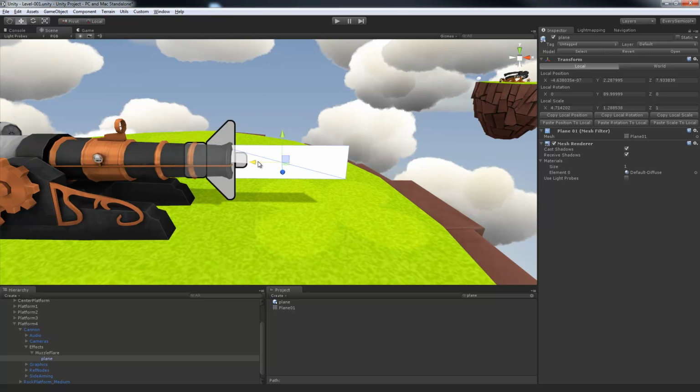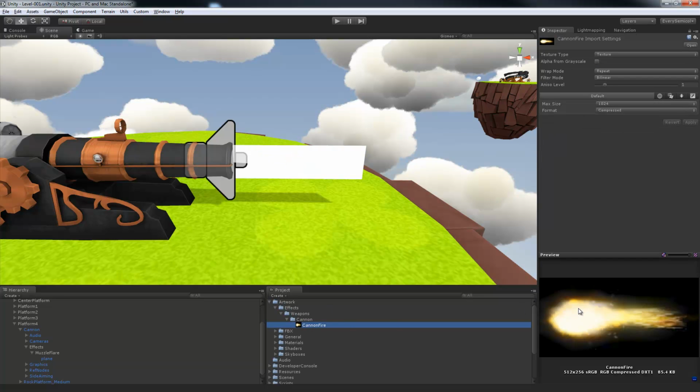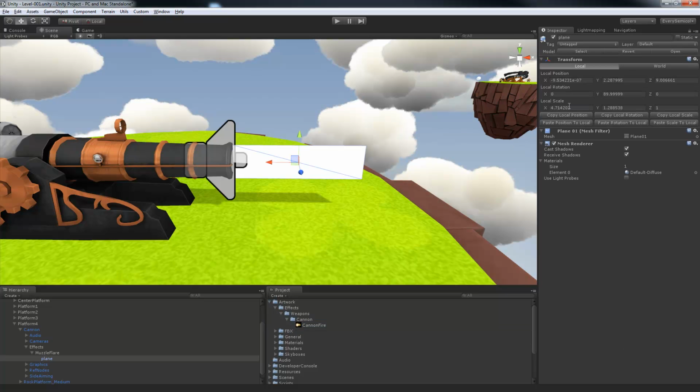And I should probably make it the size ratio of the Canon Fire texture. So what I mean by that is the Canon Fire texture here has a certain ratio. In this case I've made it 512 by 256, so this needs to be a 2:1 ratio for the texture not be stretched without me messing around with any sort of tiling and